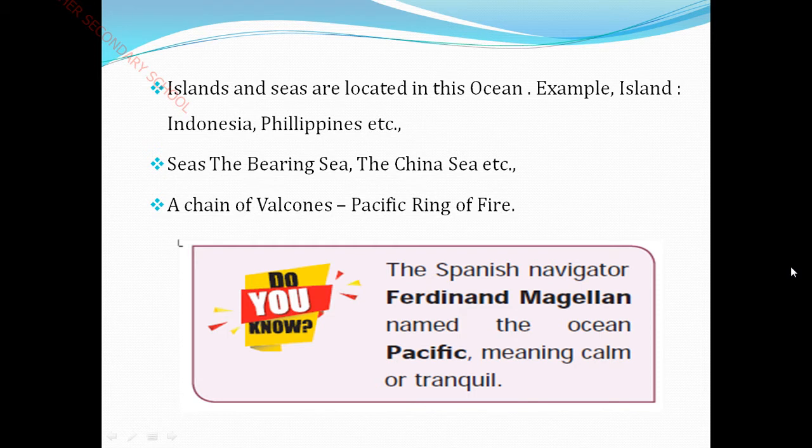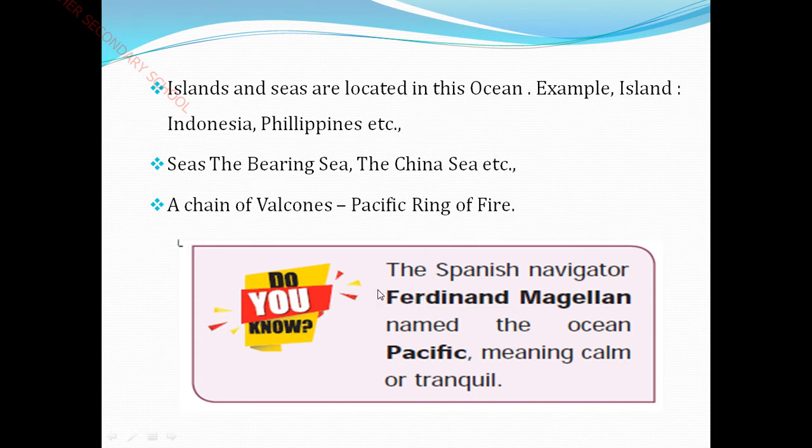How many volcanoes are there in the Pacific Ring of Fire? Nearly 452 volcanoes, children. You have to take note of this.